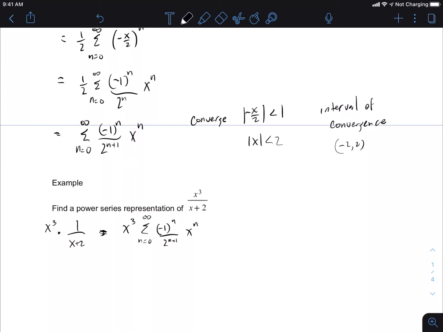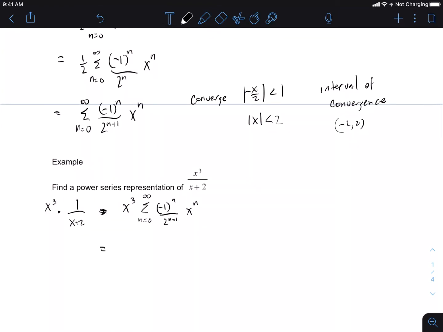Okay, now we have an x to the third out front and we can't neglect it, so we're going to have to put that in. So I'm going to get (-1)^n over 2^(n+1), but now it's going to be x^(n+3) because that power rule adds the 3 to it. So we can see in this problem something pretty cool. What ends up happening here is it's the exact same problem. The x cubed piece really isn't going to affect anything too much,